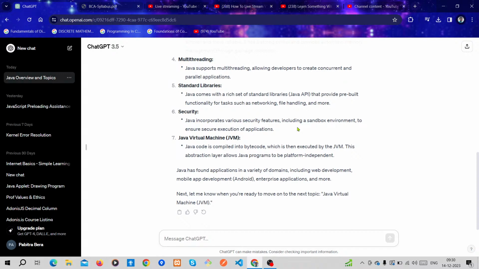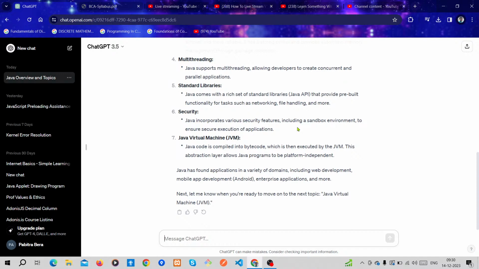Then the JVM, or Java Virtual Machine, is the most important thing in Java. What is it? The Java code is compiled into bytecode, which is then executed by the JVM.